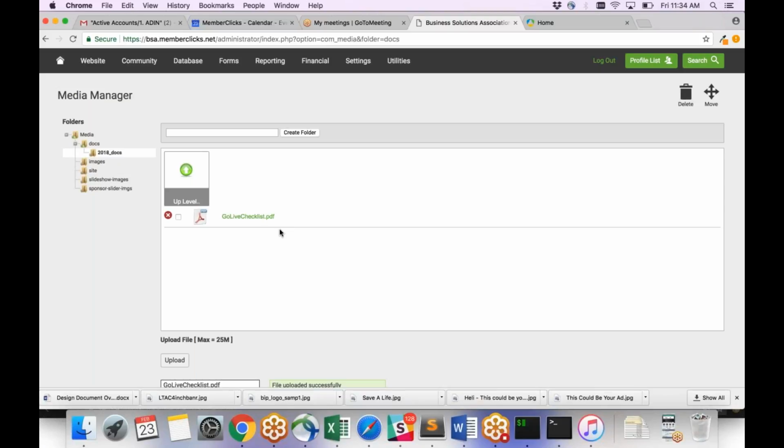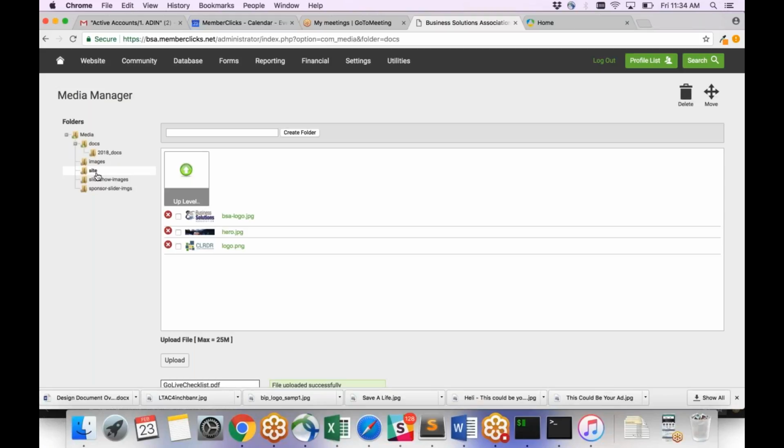I'm going to see if there's anything else I wanted to talk about first. We're actually going to do that next, and I'll show you guys how you can create internal and external links within those articles, how we can pull in the documents, how we can pull in images. So we'll go through all of that in just a moment. But saving in here, and like I mentioned, you guys can create additional folders. The one thing that I ask that you do not do in the Media Manager, doesn't happen often, but from time to time,